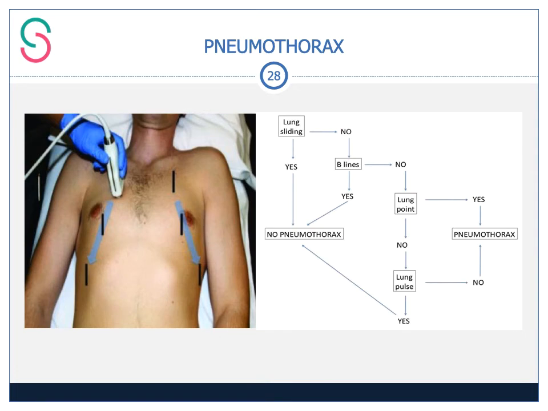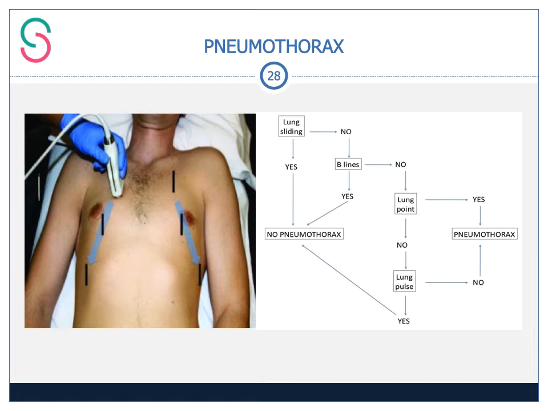Now, pneumothorax is another commonly encountered emergency situation in the emergency department, and point-of-care ultrasound can also be useful in this context. It's very important to, again, apply the systematic examination techniques we talked about before, and also to go through an algorithm so that you do not rely on one particular sign to diagnose a pneumothorax, which may lead to a wrong diagnosis or a dangerous intervention. So, for example, a useful algorithm shown here on the right of this image